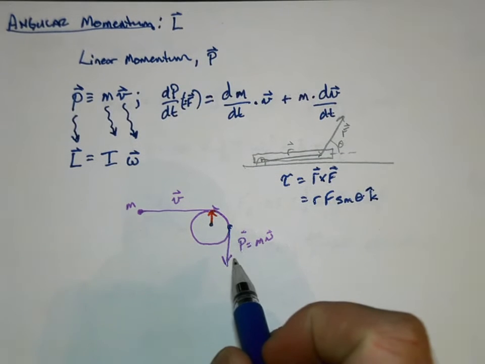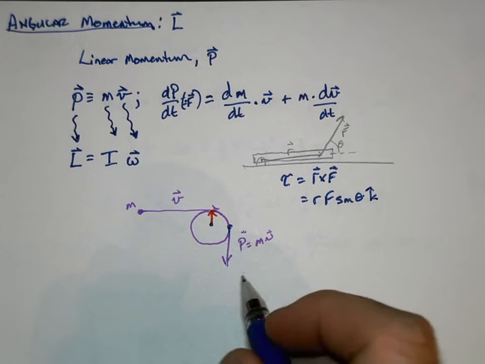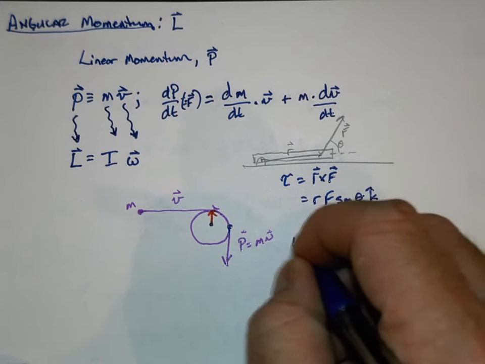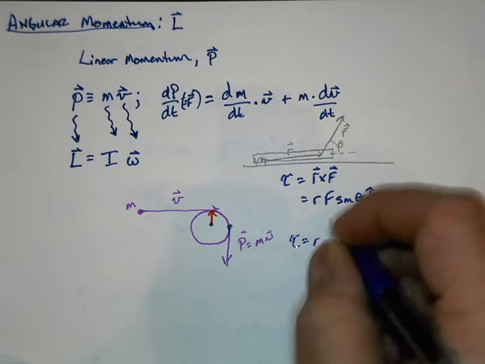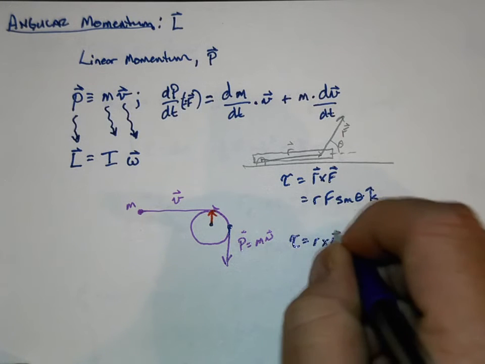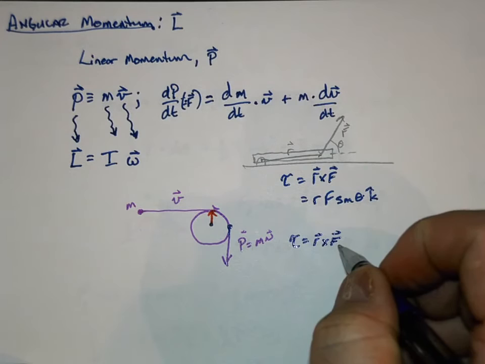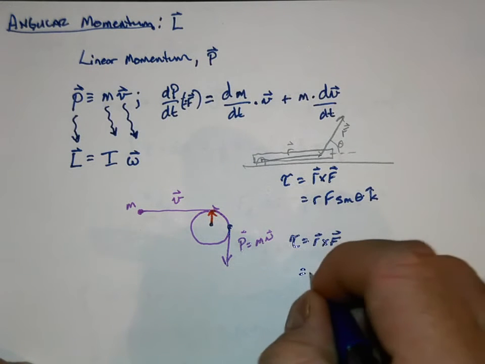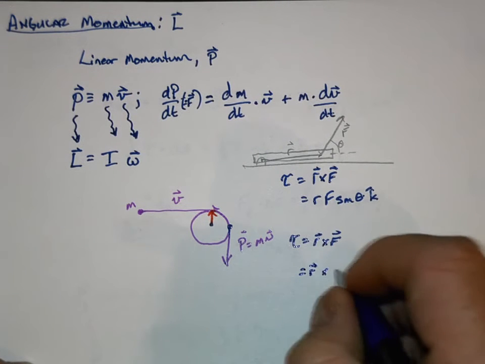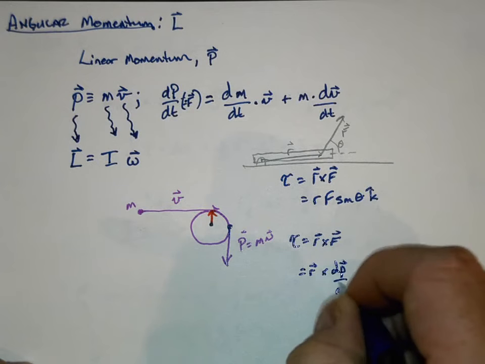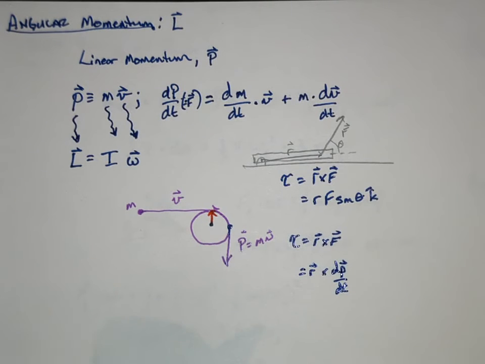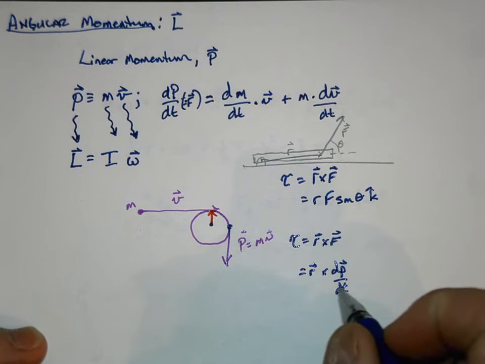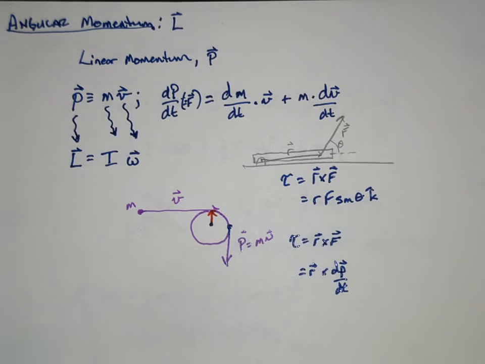Well, down here she's going to experience the torque, and her torque is going to be, okay, well, we know her torque equals R cross F, but our F is dp dt, so this becomes R cross dp dt, or we can extend this operator out, but it's not entirely this, because our D is